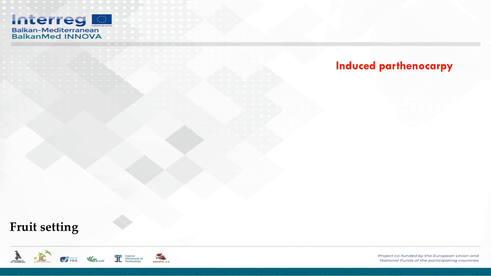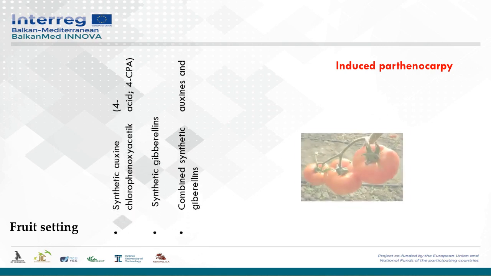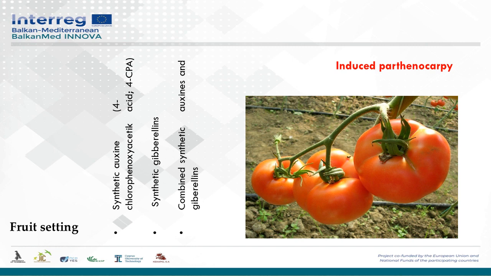Of course, the parthenocarpy exists naturally, and the tomato fruit can set parthenocarpic fruits under normal conditions and under natural conditions, but however in a very low frequency. But there are opportunities to induce parthenocarpy artificially, and this is mostly done through the use of synthetic auxins, like for example 4-chlorophenoxyacetic acid, and by